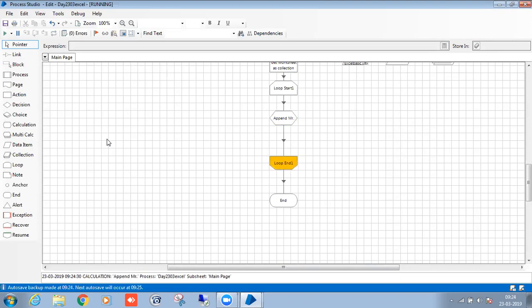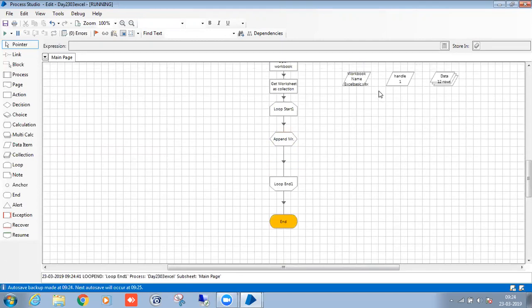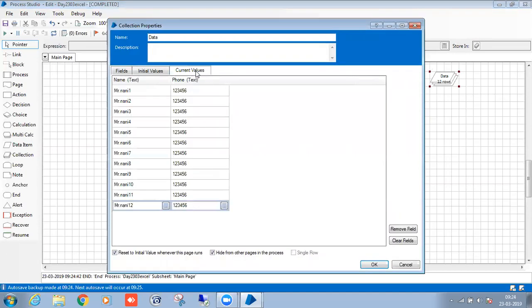I have taken one loop stage and one calculation stage, so thousands of records it will also evaluate. See, added. Any questions here? Click on OK.